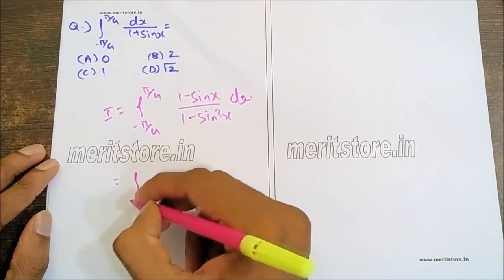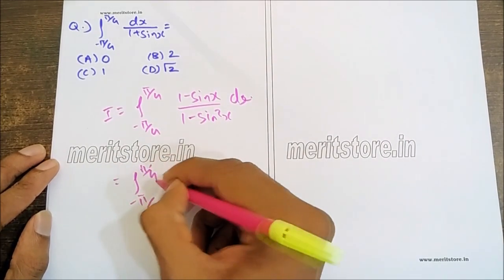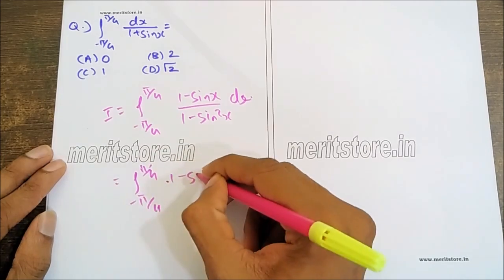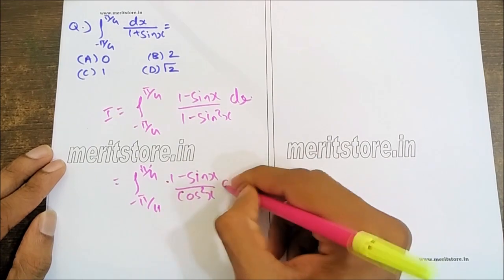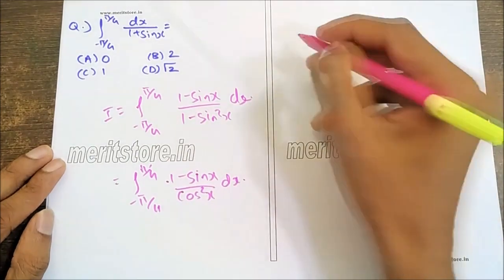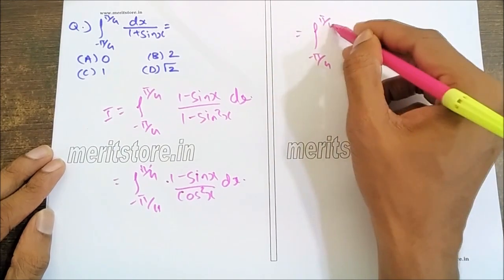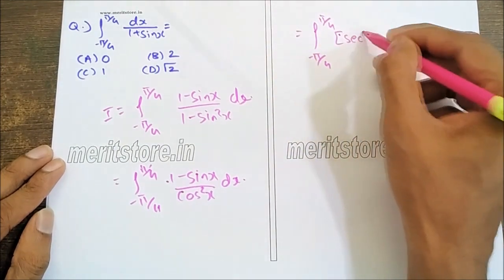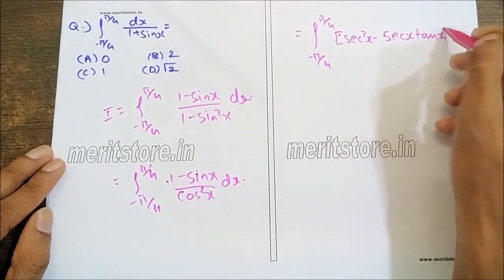Solving this further, we get integral minus pi by 4 to pi by 4 (1 minus sin x) upon cos square x dx, which is equal to integral minus pi by 4 to pi by 4 sec square x minus sec x tan x